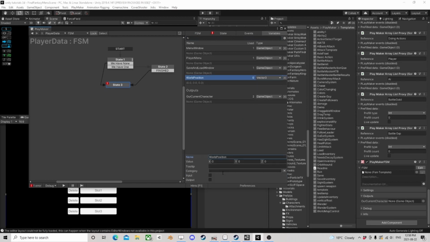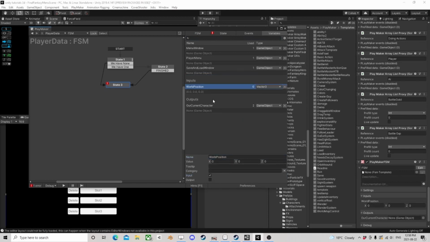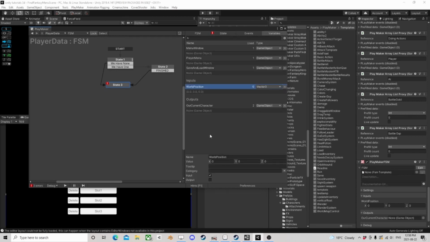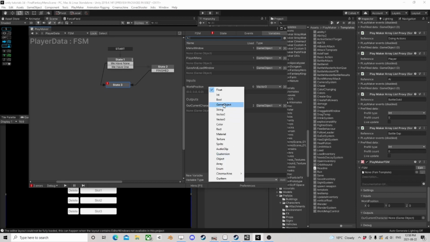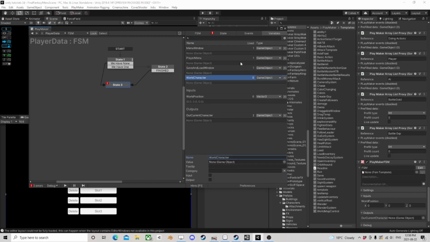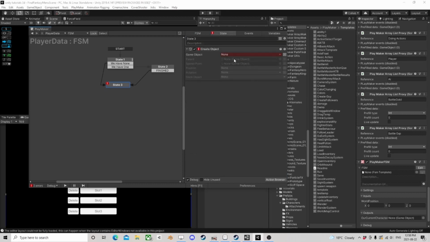World position. And this one's going to be an input. So we want to create, you know what, we can probably make this an input too. This will be our world character, which we haven't built yet, but we will build that. So we want to create a world character at world position. Store this into our current character,